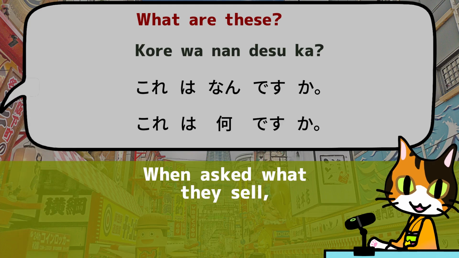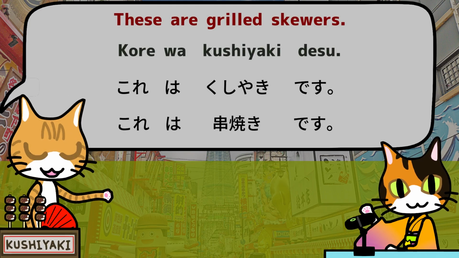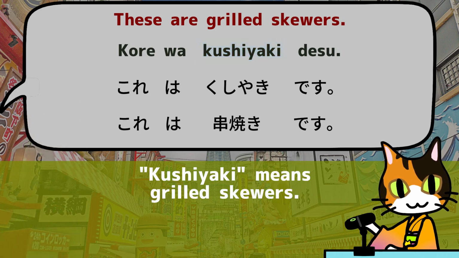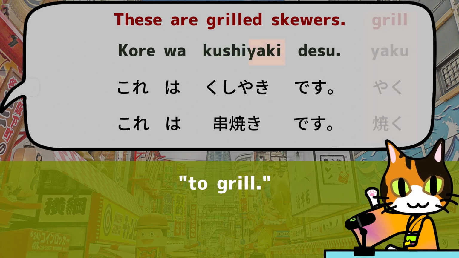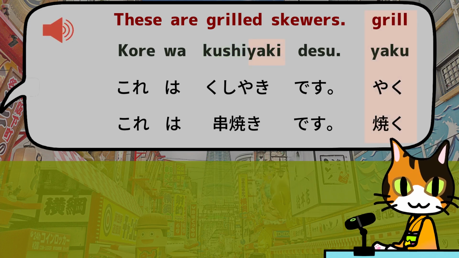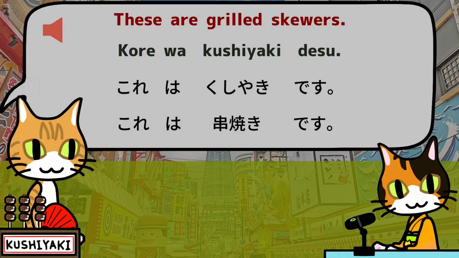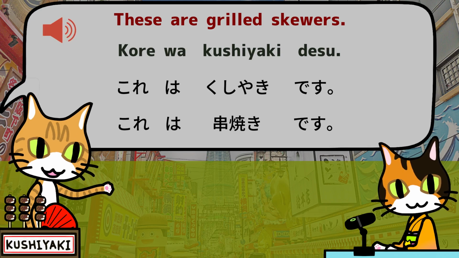When asked what they sell, the vendor replies, これは串焼きです。 Kushiyaki means grilled skewers. Kushi means skewer, and yaki comes from the verb to grill. 焼く。 Let's practice. これは串焼きです。